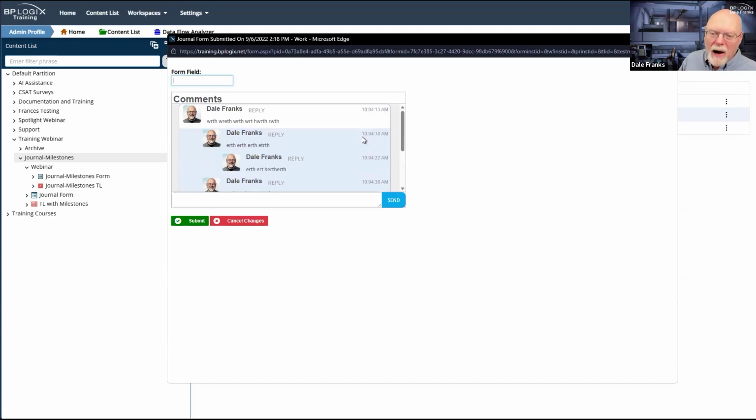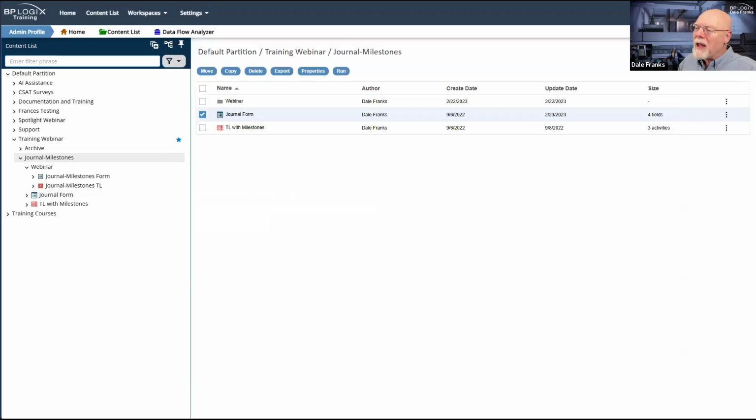And of course, if you have a profile image uploaded, it shows your profile, it shows who made the comment. Again, it shows when the comment was made, but it allows us to organize comments in a much better fashion and to be able to follow conversations much more easily. And if that were the only thing it did, it would still be a big improvement over the comment log.